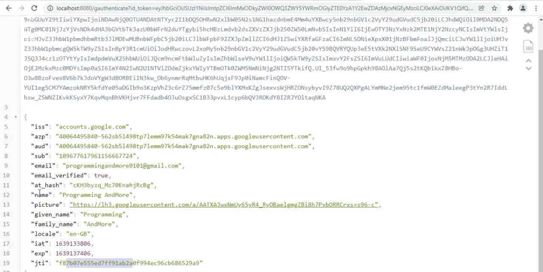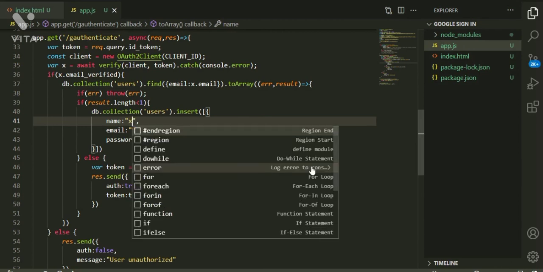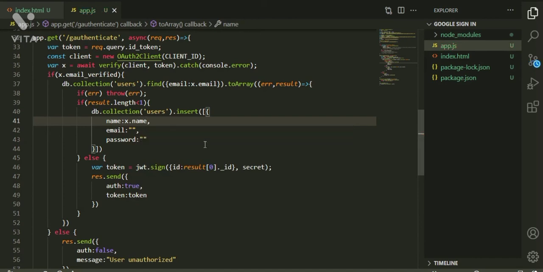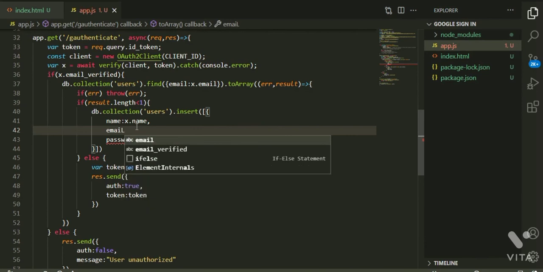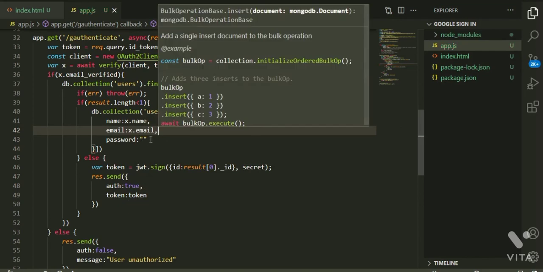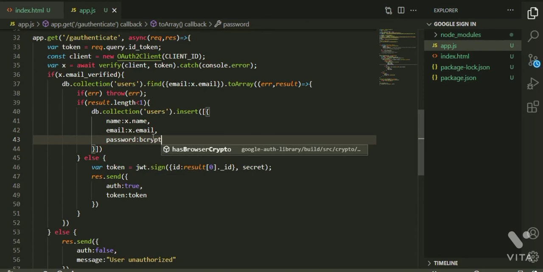That is, name is x.name, simply x.name, email is x.email, sorry, email is x.email, comma, password is, we have to hash it. I am using bcrypt, you can do it in whichever way you like. bcrypt.hashSync,